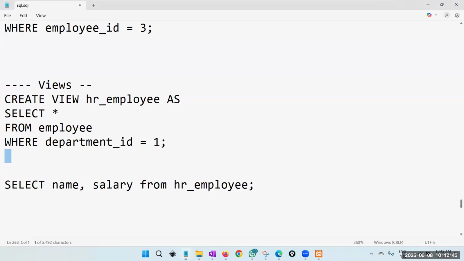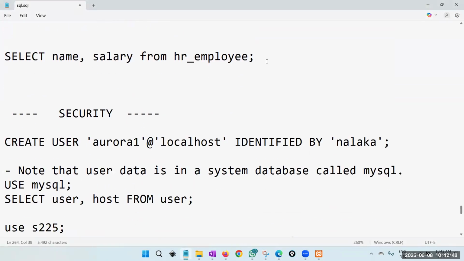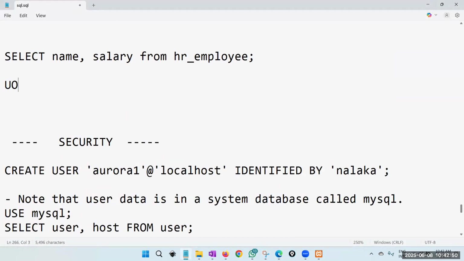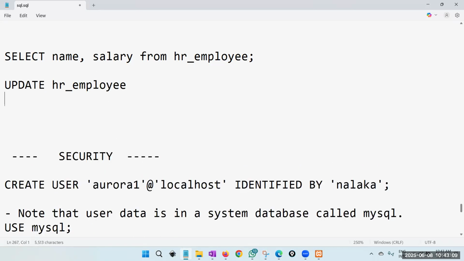I can write like this: update HR employee. If you want, you can update the table also, but now I'm updating the view. Update HR employee, set salary equal 300,000,